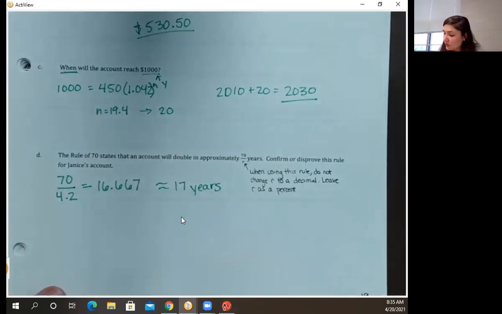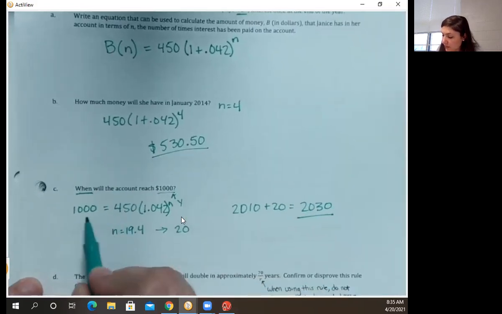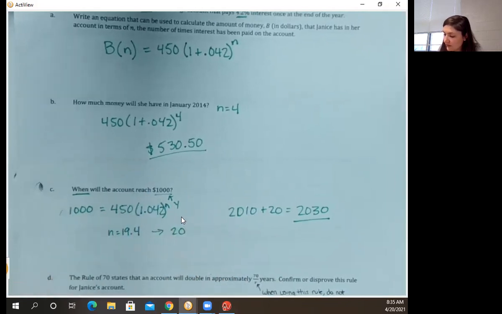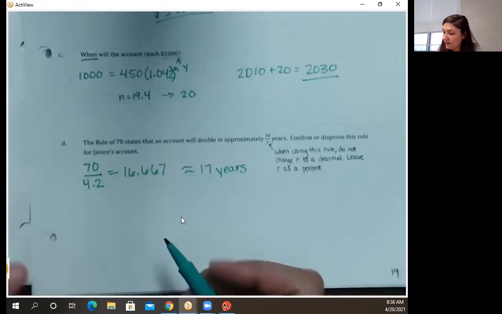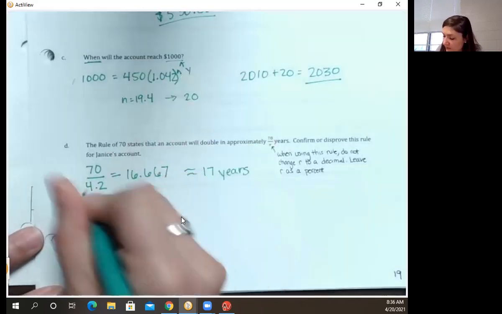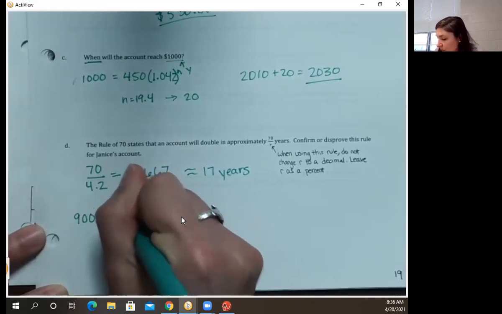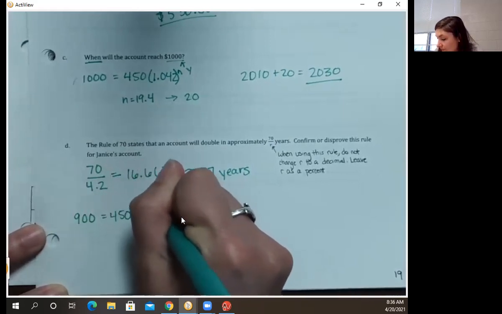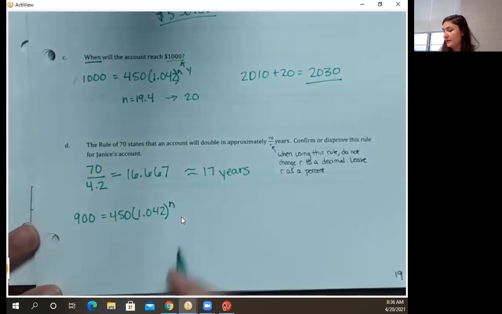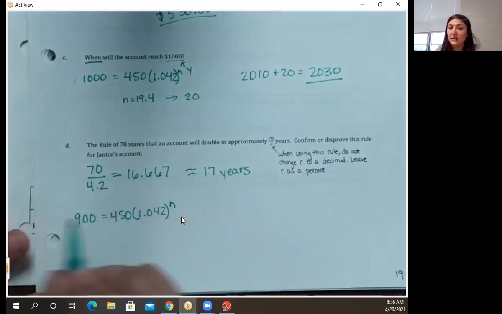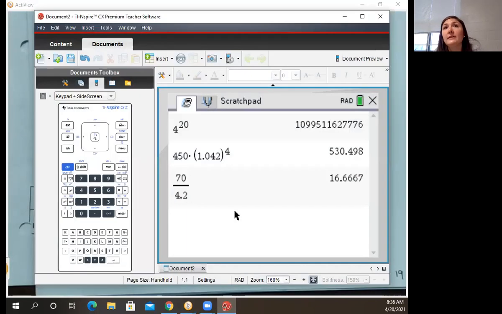This doesn't match what we found in part C, right? We had 20 years, but we also went a little over double. So if I want my money to double, then I need to look at 450 plus 450, that would be 900. So we'll have to look at our graph again and figure out what's our N there. Do we get about 17 years? The other option is we take 17 and plug it in for n here. But since that's an approximation, I'm going to go ahead and go to the graph to see just how close